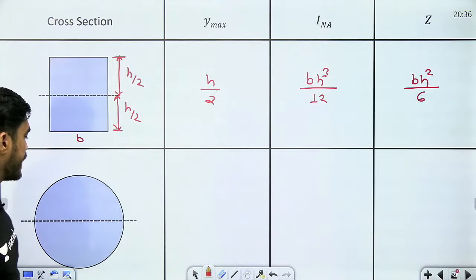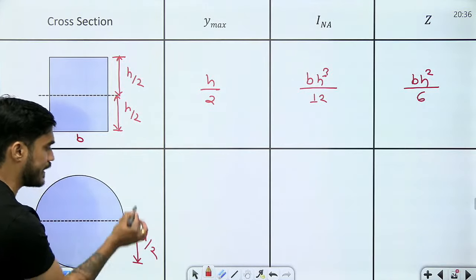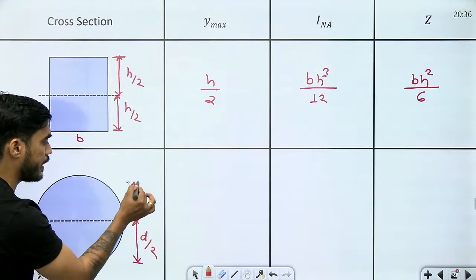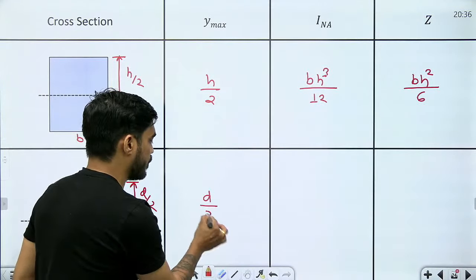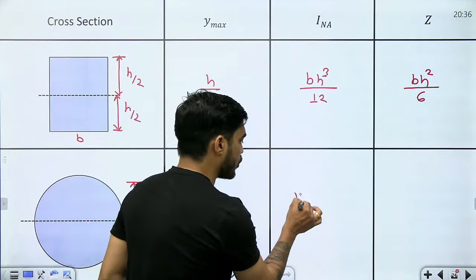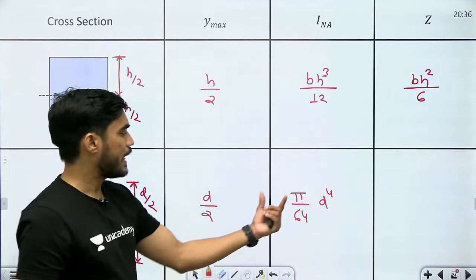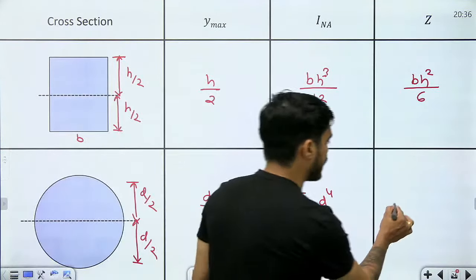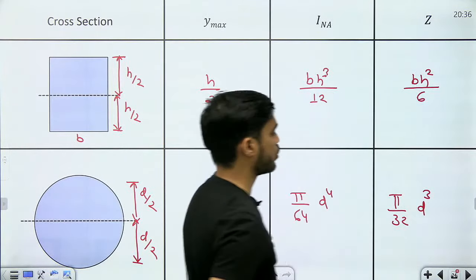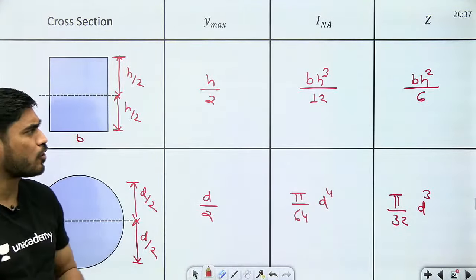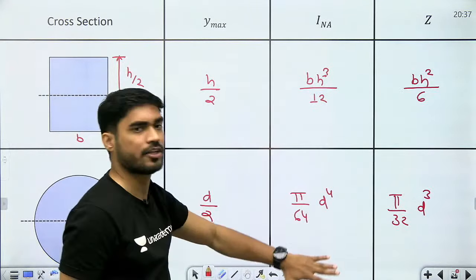Okay. Then for a circular section, let's say the diameter is d. So the neutral axis will be passing through the center, so it will be d by 2, d by 2. So what will be y maximum? Y maximum will be d by 2. What will be I about the neutral axis? Pi by 64 d to the power 4. And I by y max, if I do that, I will get pi by 32 d cube. So this is the z of the circle. Even if you don't remember these equations, don't worry beta, this is not important,